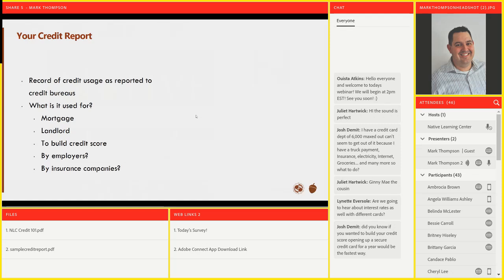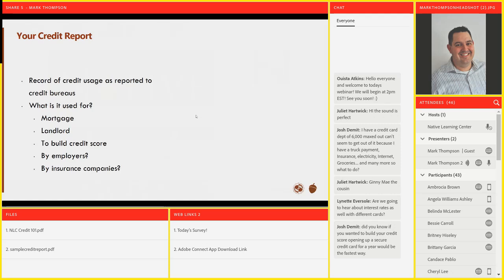The insurance companies, for whatever reason, believe people with low credit scores are going to cost them more money, right? Maybe they feel it's going to be financial crimes or whatever it is, right? So it's not just about your credit, right? And trying to buy things or borrow money. There are other reasons why you want to maintain good credit.